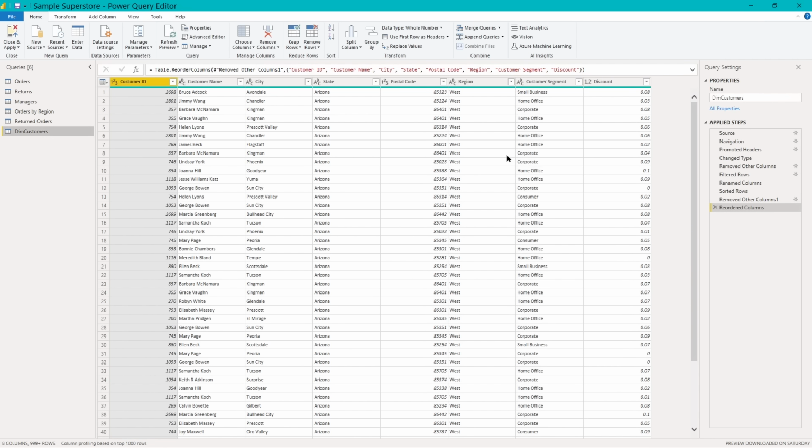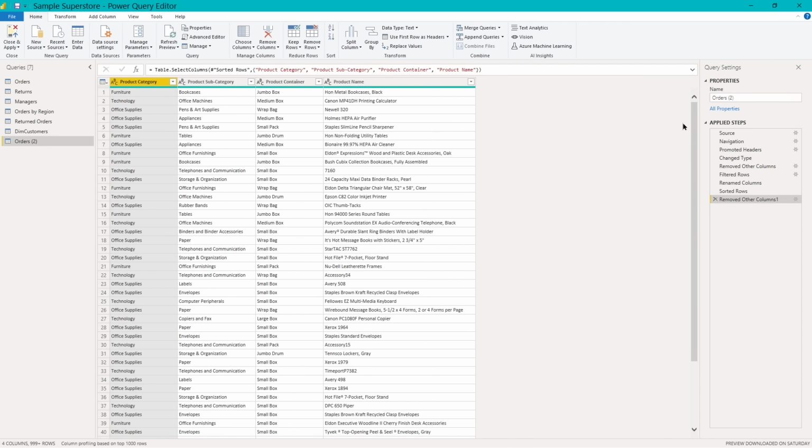Now you get a chance to try this on your own. Make another copy of the orders table, and you're going to want to choose the 4 columns that begin with the word product and include them only in the new table. I'm going to rename the query Dim Products over in the Properties group